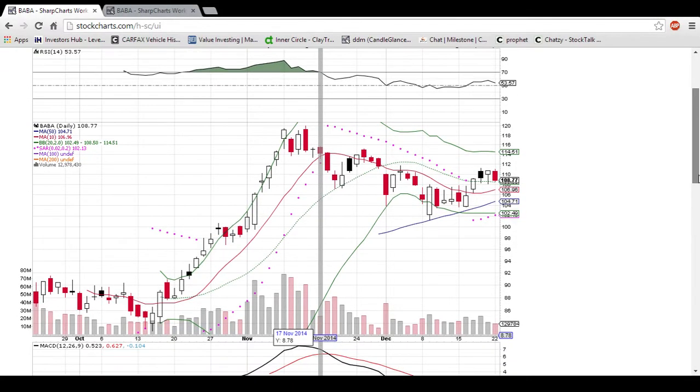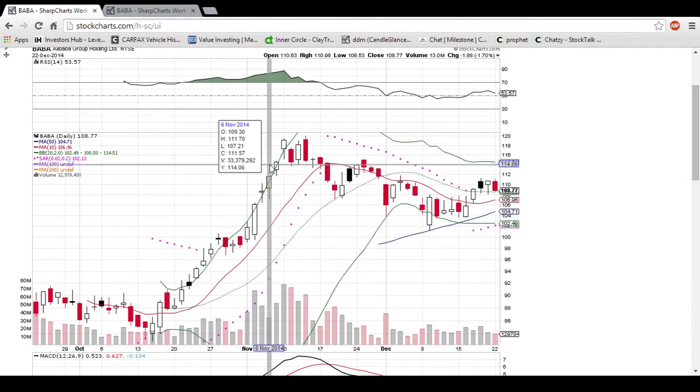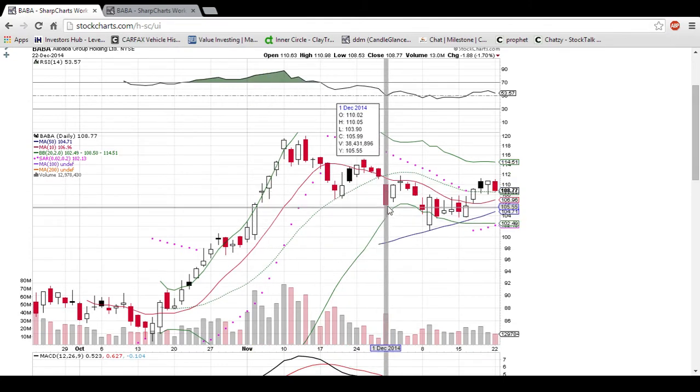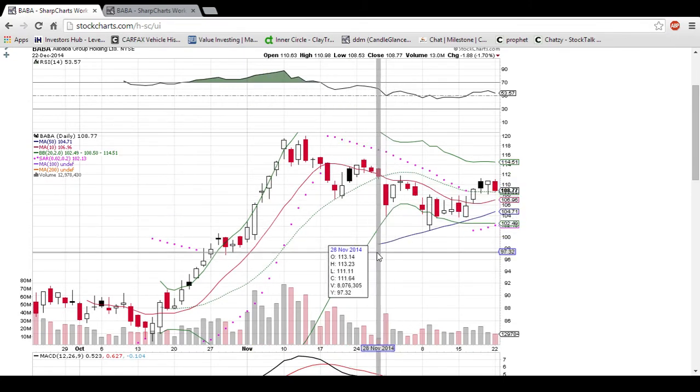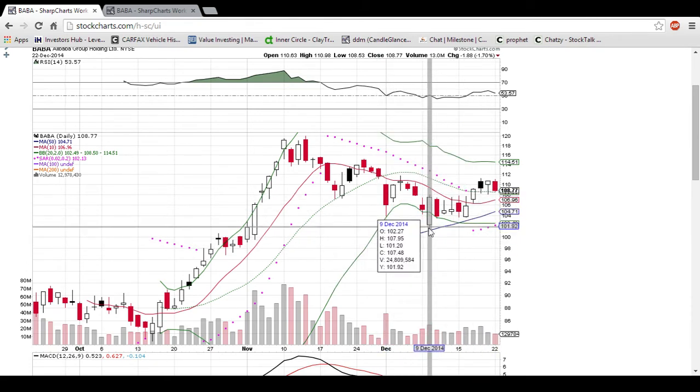Markets continue their move upwards in what has been quite the bounce. We're looking at BABA on the daily and weekly time frames. This is the daily chart where each candlestick represents one trading day worth of action. I pointed out in my video over the weekend how this 50-day moving average support held perfectly, and that's where